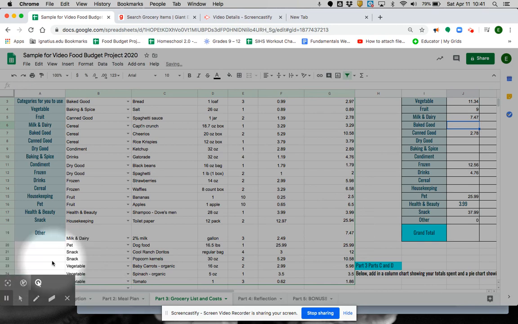Oh man, I've already been talking for 5 minutes. All right, so baked good. I think I only have one baked good, so it's $2.97. So I'm going to hit the equal sign, hit the baked good, hit enter. All right, so you go ahead and fill in the rest of yours, and then I'll come back